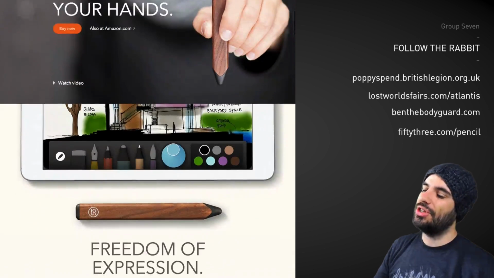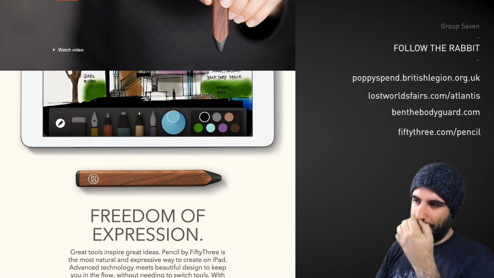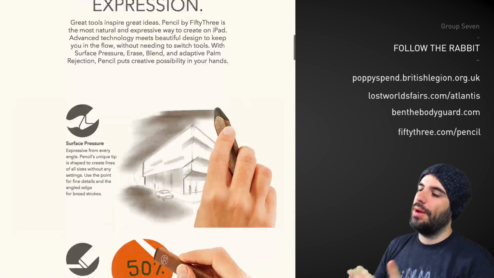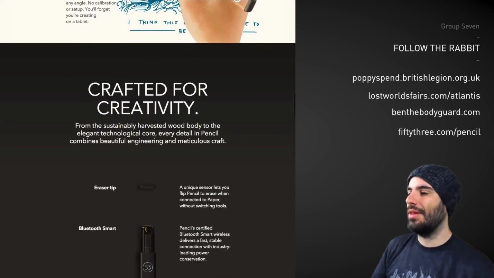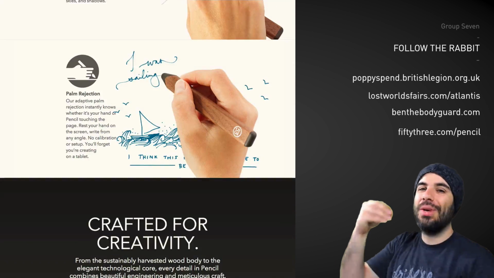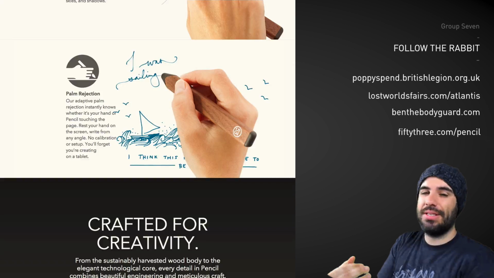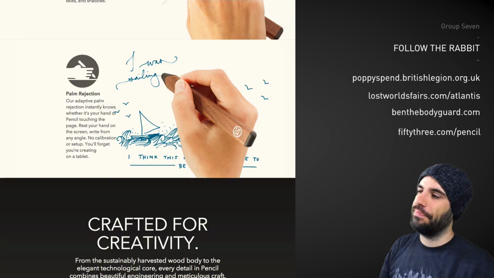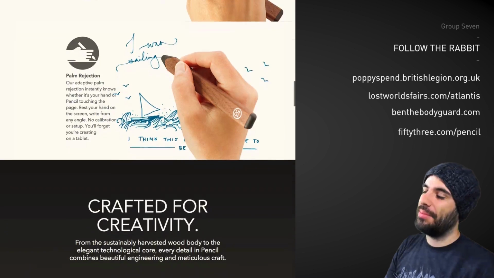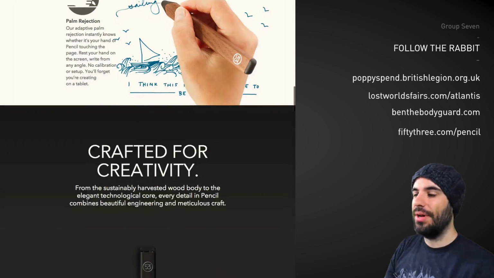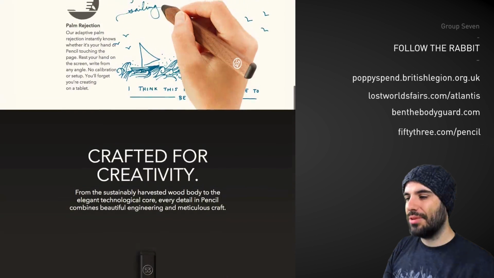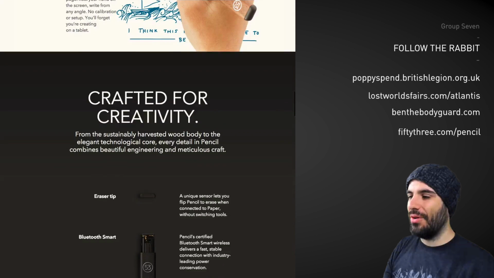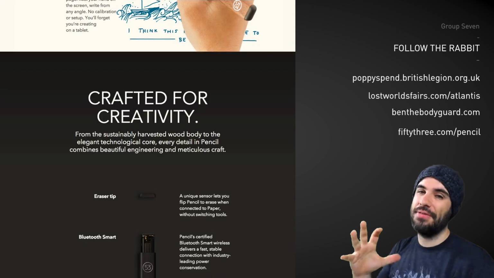Anyway, they want to sell you on what Pencil is and what it can do for you, and they're showing you examples of how it works and what it'll enable you to do, unlock your creativity and all that. But at the bottom, they want to show you what went into making it. Why is this pencil so expensive, and why do we consider it a high-end piece of technology? Now at the bottom here, we're going to see this pencil show up. It'll scroll into view, and then suddenly the pencil itself will lock, right? And things will start coming out of it, and it's going to have an exploded view of the technology